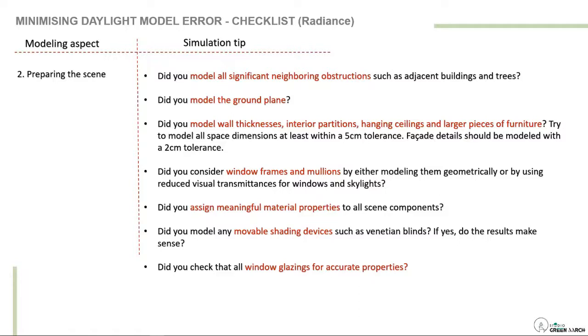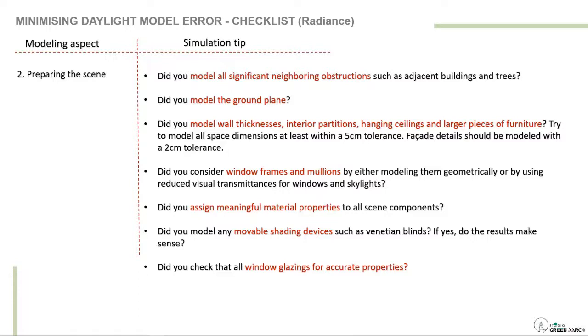Then you come to modeling the ground plane, because the ground also reflects the daylight, right? Wall thickness is also very important. I hope you have done energy simulations also, and in energy simulation, a lot of times we use a single line diagram. But when we provide a thickness in the window, at the sill level we have a thickness and the light will bounce from the sill level. But if you don't provide the wall thickness, nothing will happen. There will be an error. That light will not bounce from that particular aspect.